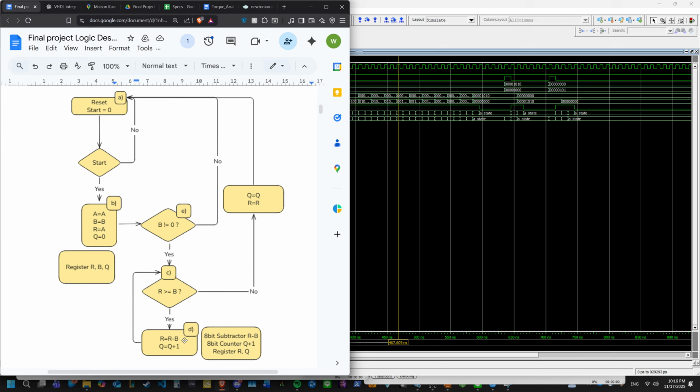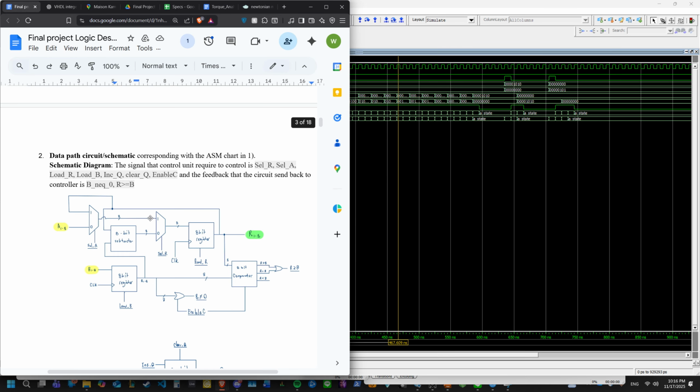State D is the subtractor and the counter state. These two states will loop until R is less than B. When the remainder is less than the remaining values, then we output the values and go back to